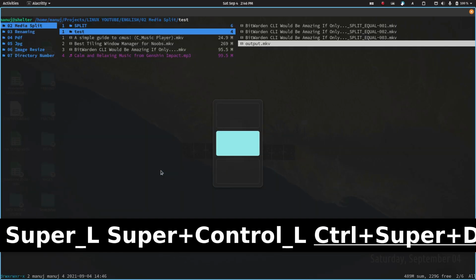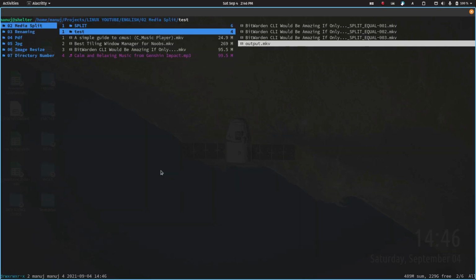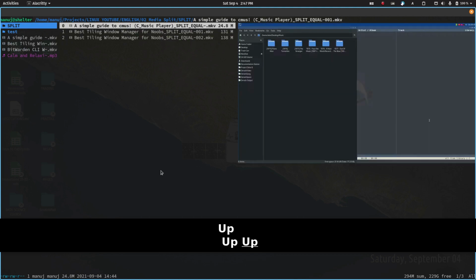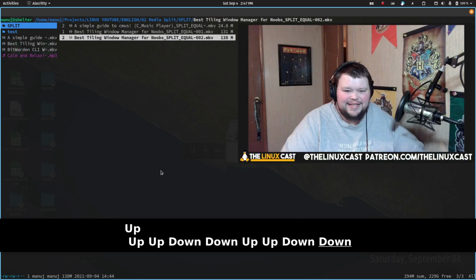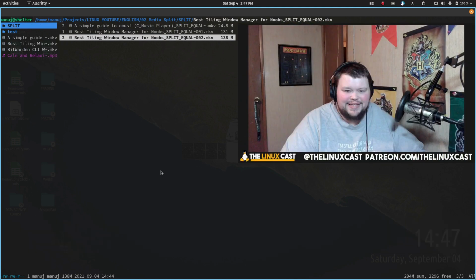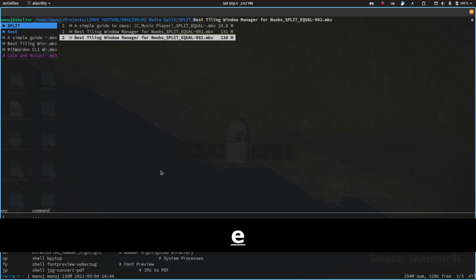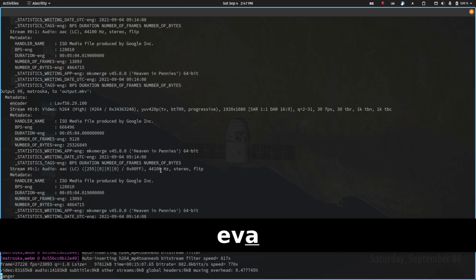Okay, now what about converting video to audio? Let's say for example you downloaded a podcast which you only want to hear. You don't want to see the video also. So it's very simple to do that. Again, I have written a shell script to do that, and I'm going to execute it now. Let's say for example I want to convert all these 3 videos into audio only. So you can say E, video, audio,